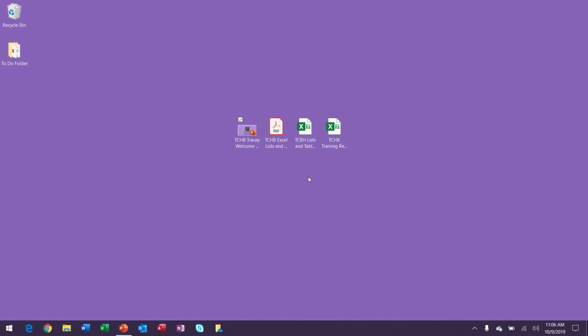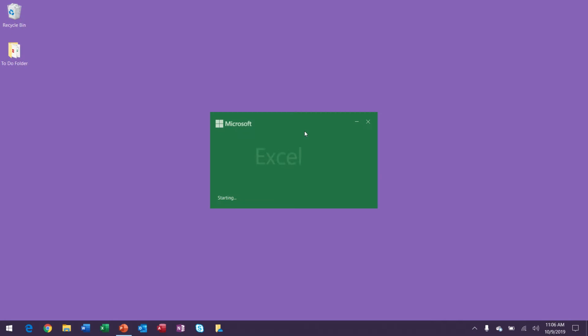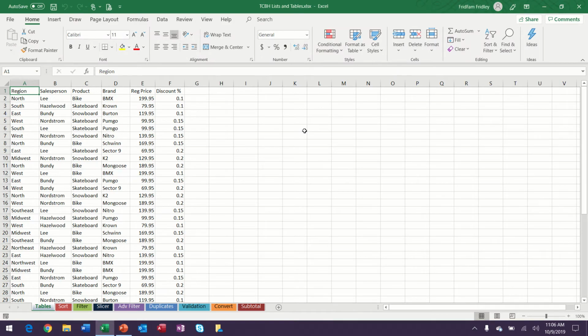Let's begin by opening up our file that we gave you. So here is the Excel file, lists and tables. I have got it on my desktop. Just double clicking, that opens the Excel and opens up my file. And then when you come in here, we'll just do a quick browse of the types of information that we